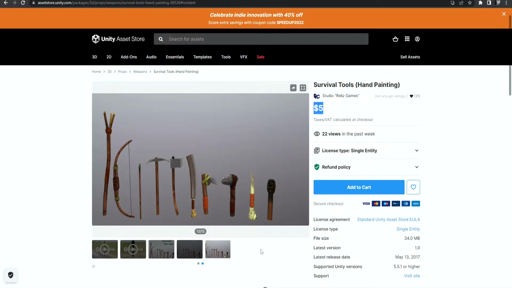So if you want to follow along and to have the exact models, you can buy this pack and you get different items inside. And of course, this is not any kind of promotion or advertising. It's just that I want to show you what I am using, okay? So you can also create some kind of primitive axe or find some kind of free asset somewhere. It doesn't matter. I just want to show you what I'm using, okay?